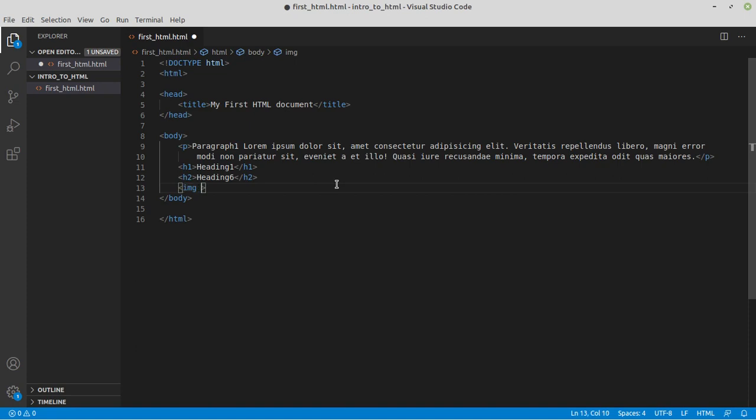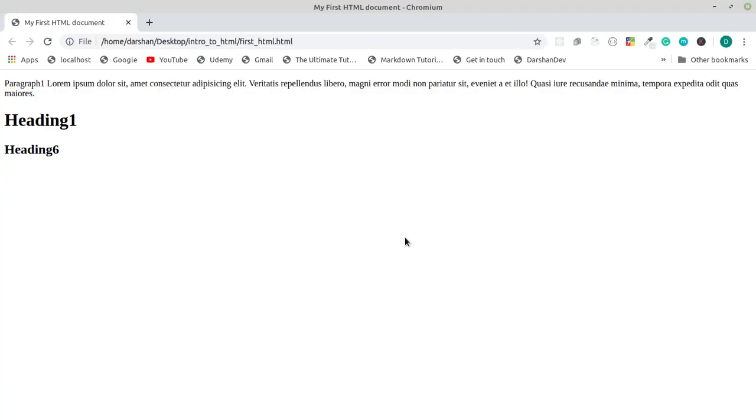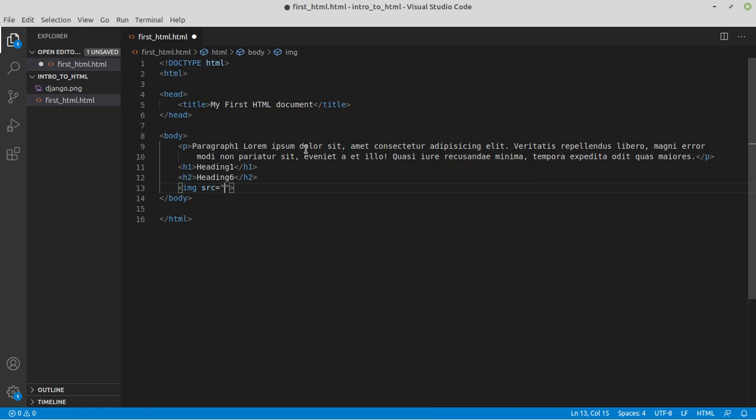Then inside those brackets you give a space, then write src equals, and inside quotes you give the address of the image, which is the URL of the image. On your computer, when you place the image inside the same folder as your HTML document, you can simply type the name of the image.